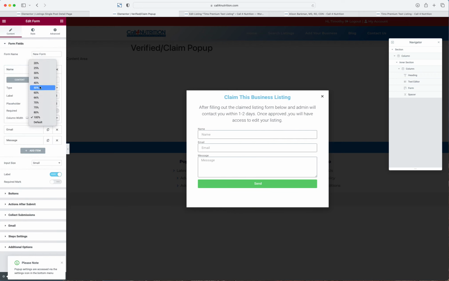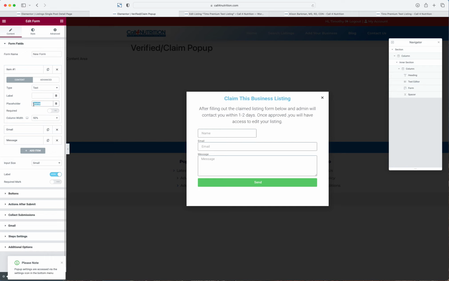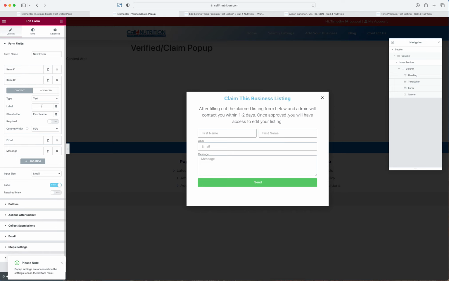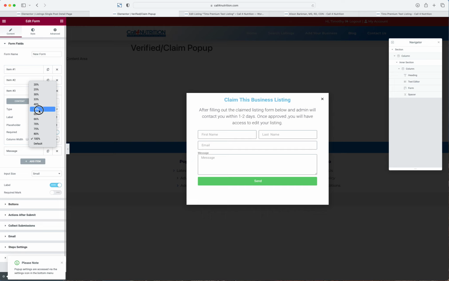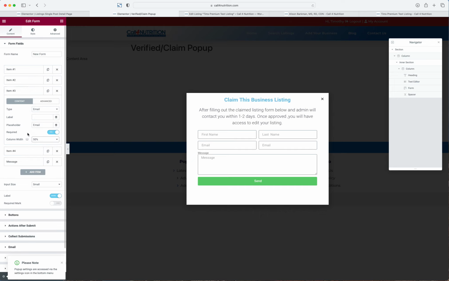Something I like to do is something like this. I'm going to remove the labels, placeholder, first name. We'll duplicate that one. I remove the label because I'm not really a fan of that. Last name. Let's do email is cool. We're just going to remove the label, set it at 50% as well, and then I'll duplicate that. I'll be like, hey, what's your phone number? Depending, right? If you're doing all America, maybe it's just phone number. So I'll put that into phone,